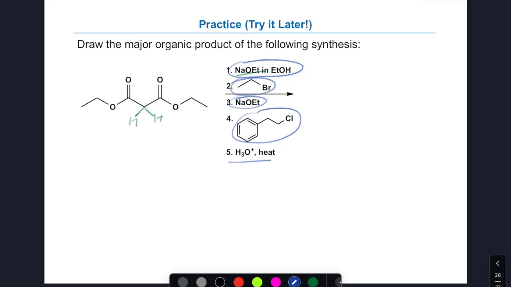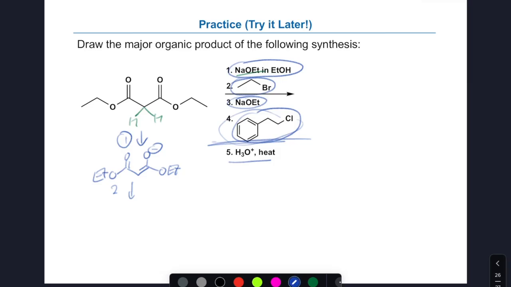So showing that out, I'm going to show the compound just before, after each one of these steps. So once again, step 1, we're going to have our enolate. Step 2, we now have,